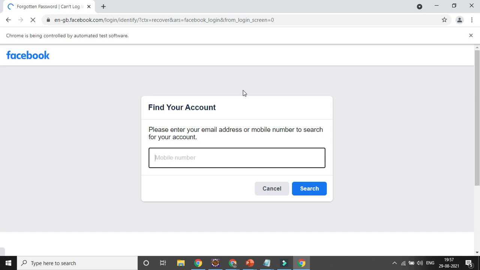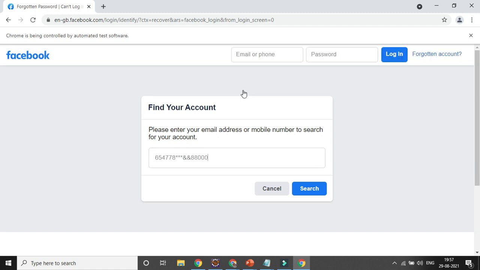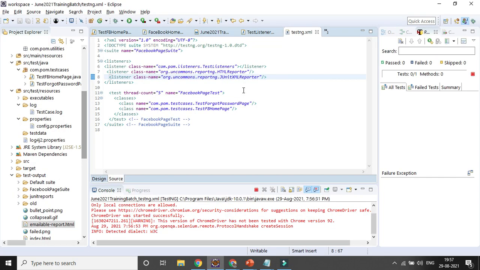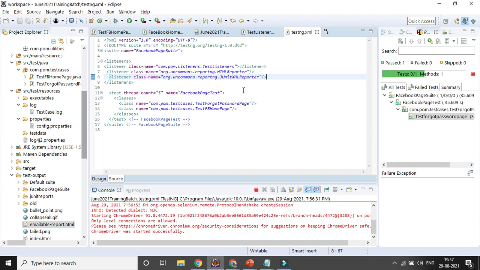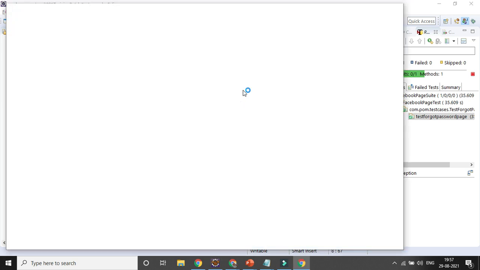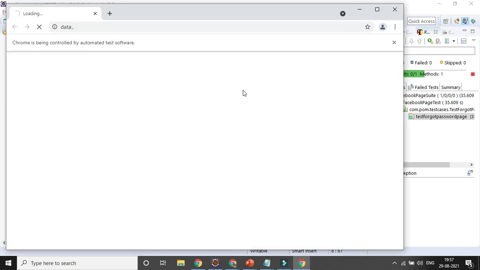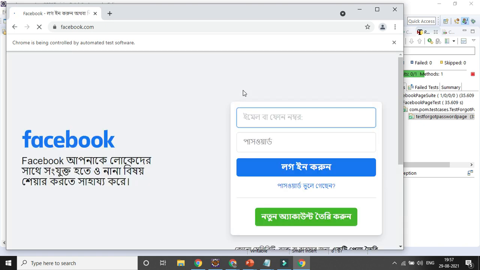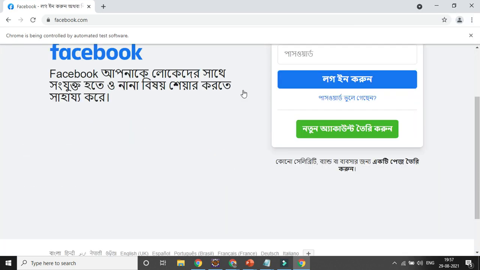So it is trying to execute all the test cases one by one from both the classes. Whatever step is required, I have tried to depict it in my PPT. So if you forgot something, if you refer to my PPT, you can definitely get it. I've tried to retain all the point info, what is required, step by step. Otherwise, if you miss one single thing, it will not give you the result.